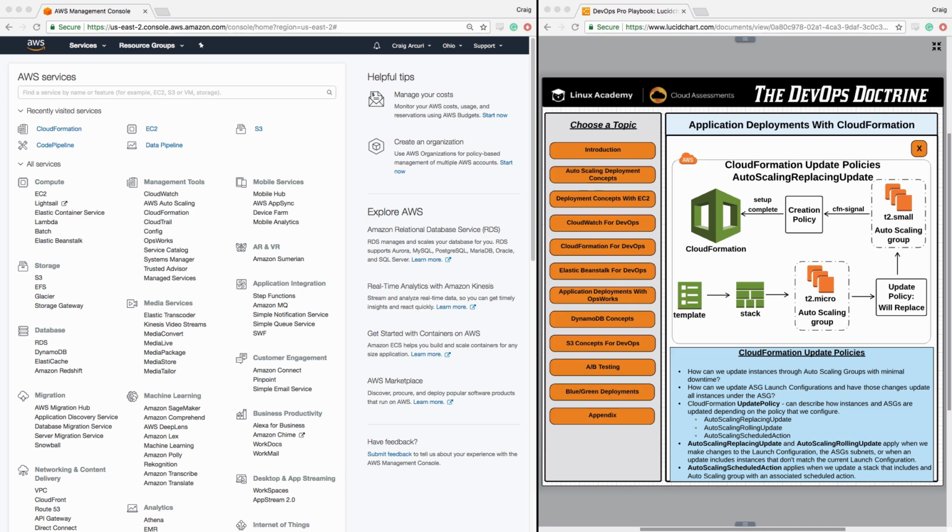This all brings us to the CloudFormation update policy attribute. And this attribute, as we'll see, we'll be looking at a lot of code, can be associated with an auto-scaling group resource in CloudFormation. This update policy will handle updates to that resource and its instances. So using the update policy, we can describe how instances and auto-scaling groups are updated depending on the policy that we configure. And with the update policy, we have three options: auto-scaling replacing update, auto-scaling rolling update, and auto-scaling scheduled